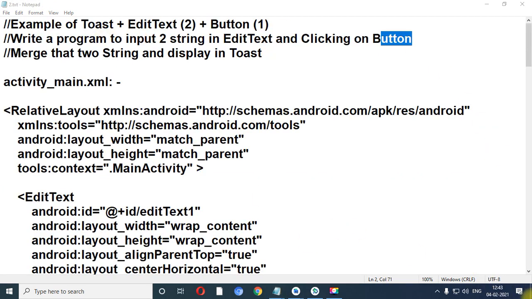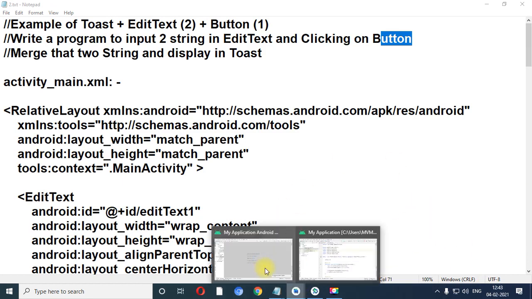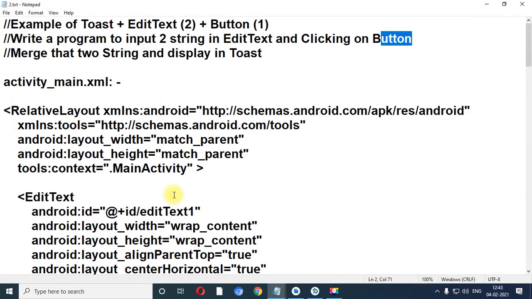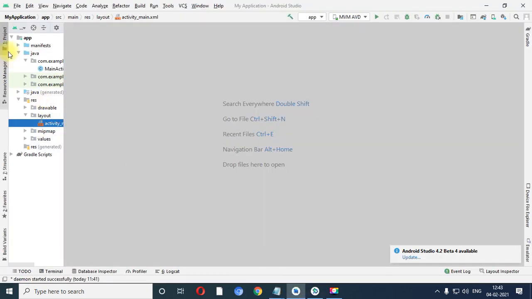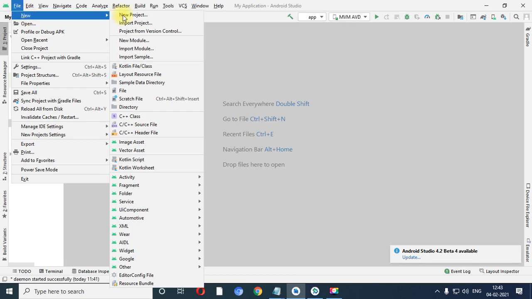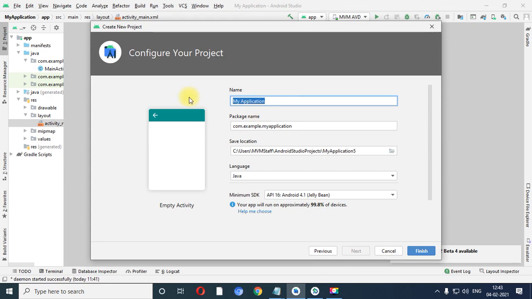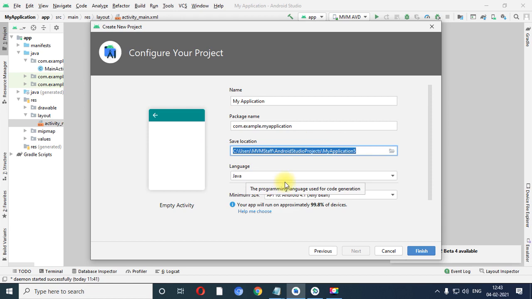Now let us implement this code in Android Studio. So for that, let me close this previous program. File, new project, empty activity, next button, my application, default location, Java language, minimum SDK version, package name, click on the finish button.